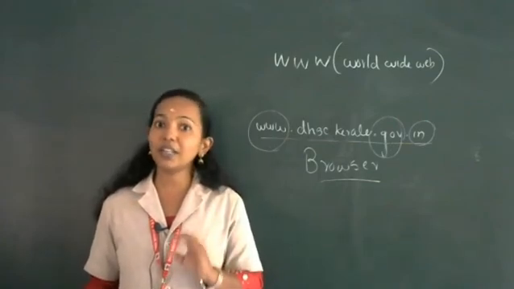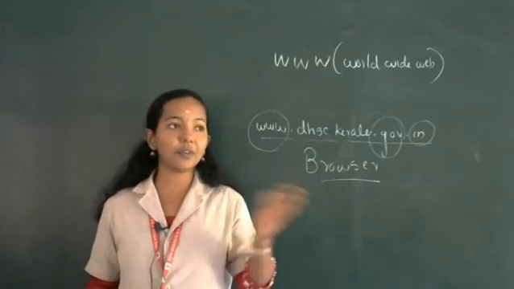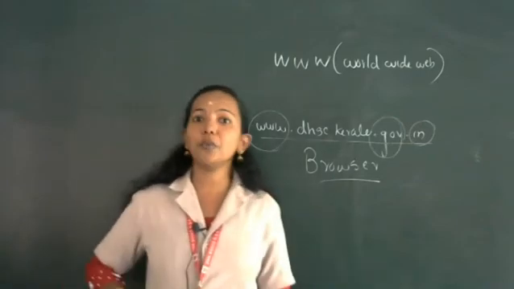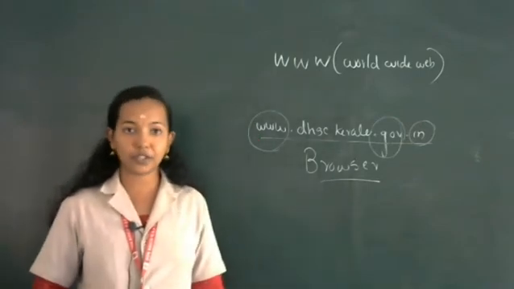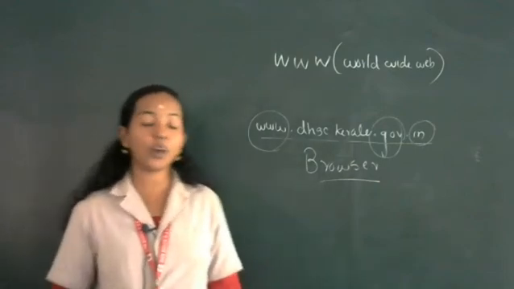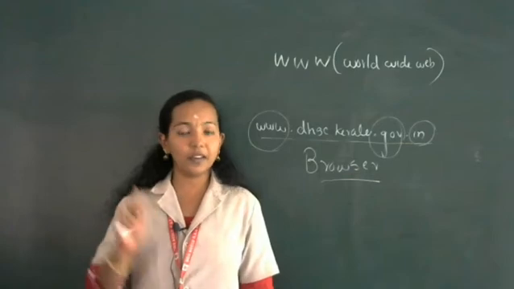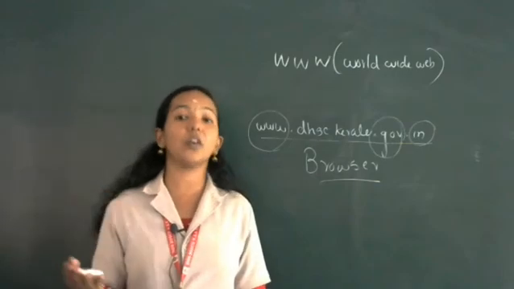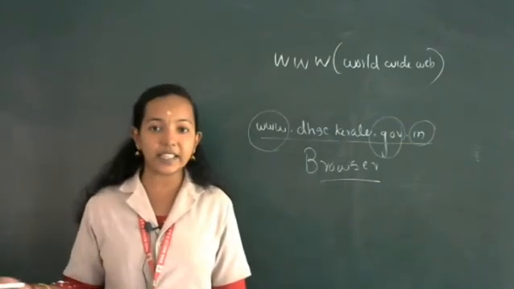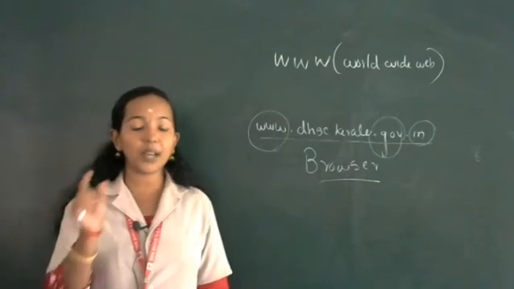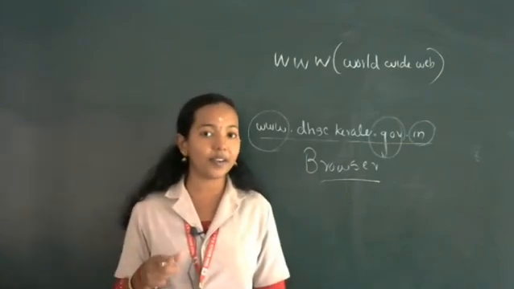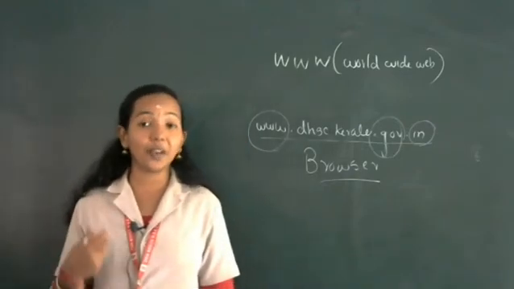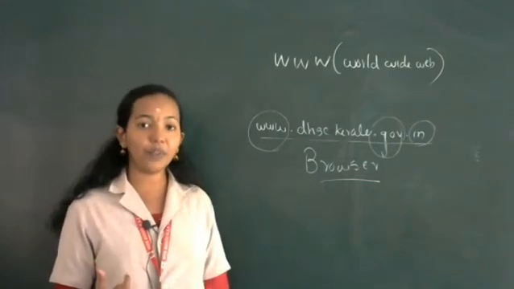Suppose we don't know the exact location, and you want to get information from different kinds of websites. We can check other websites. For example, suppose you want to get admission in any of the colleges for a particular course. We can search in different places or different colleges, and compare their facilities according to our choice. So searching different web pages to acquire information is known as browsing, web browsing.